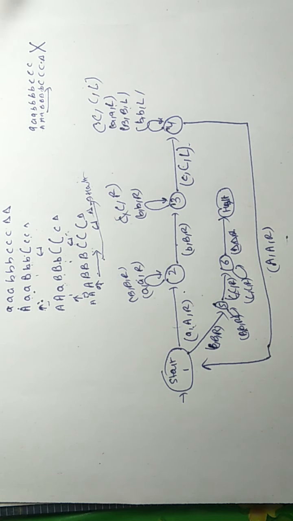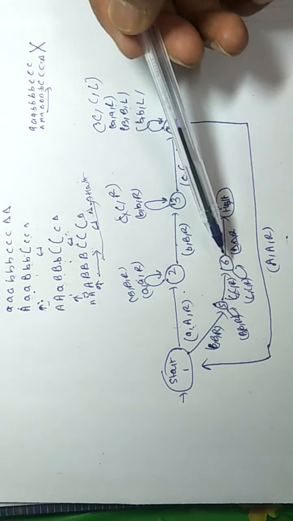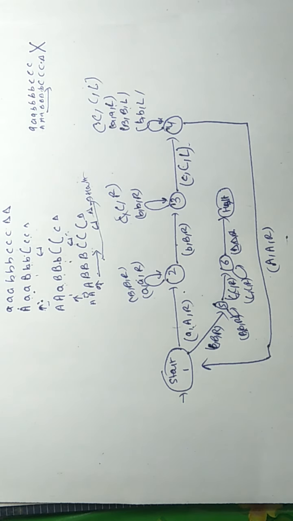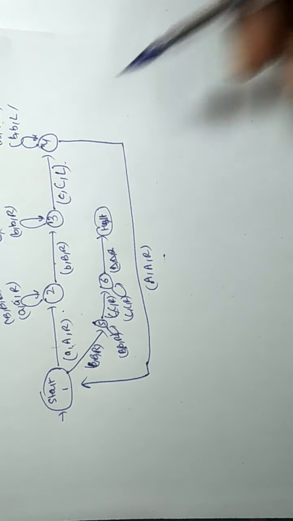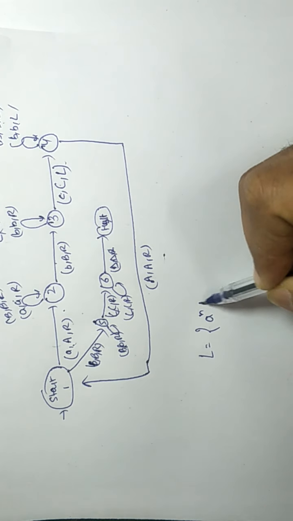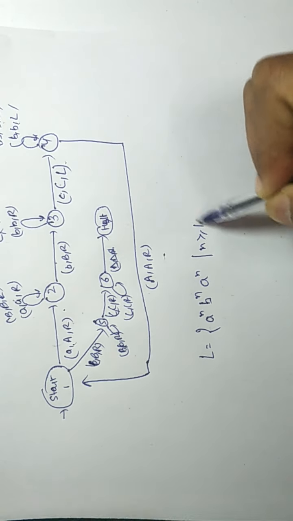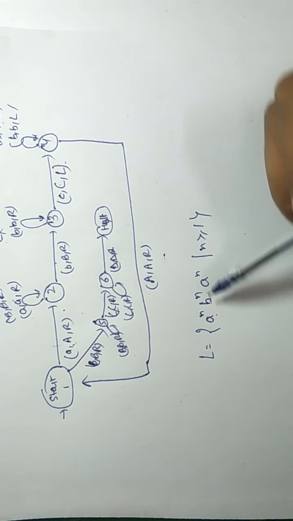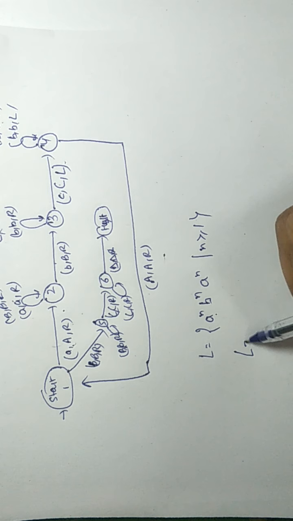If you have to design for n greater than or equal to 2, then you have to make two transitions for capital B and two transitions for capital C, as we did in the last lecture. So we can design the Turing machine in this way. Now you can also design a Turing machine for a^n b^n a^n, n greater than or equal to 1, where you have to convert A, then a B, then a capital A.